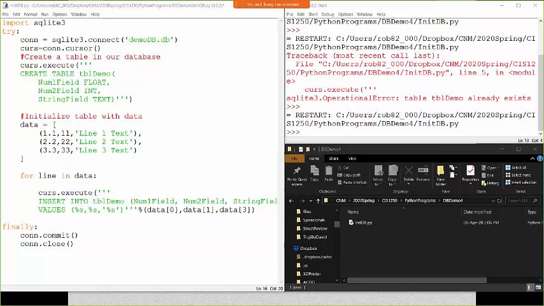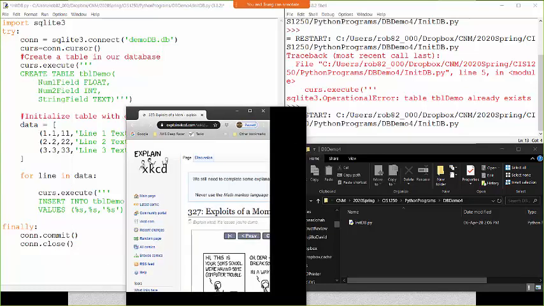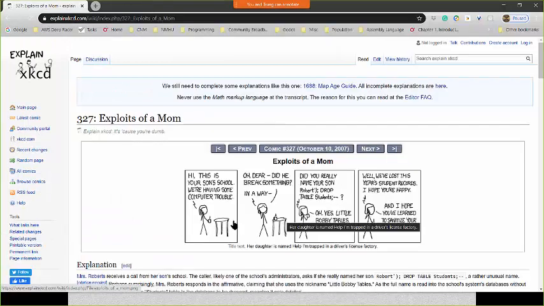And there's this famous comic, XKCD, and it basically says, hi, this is your son's school. We have some computer trouble. Oh dear, did he break something? Anyway, did you really name your son Robert, quote, close parentheses, semicolon, drop table students, semicolon, dash, dash? Oh yes, little Bobby Tables we call him. Well, we've lost this year's student records. I hope you're happy. I hope you've learned, and then she says, I hope you've learned to sanitize your database